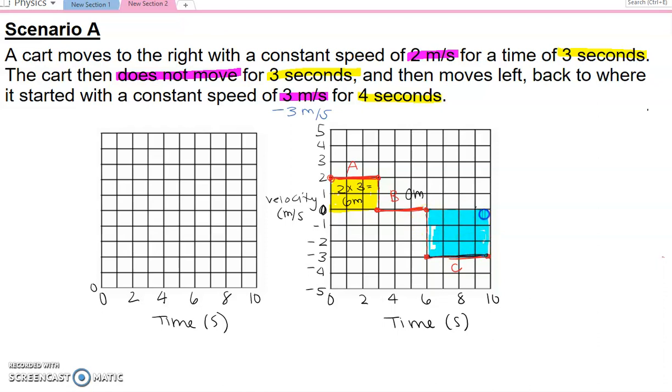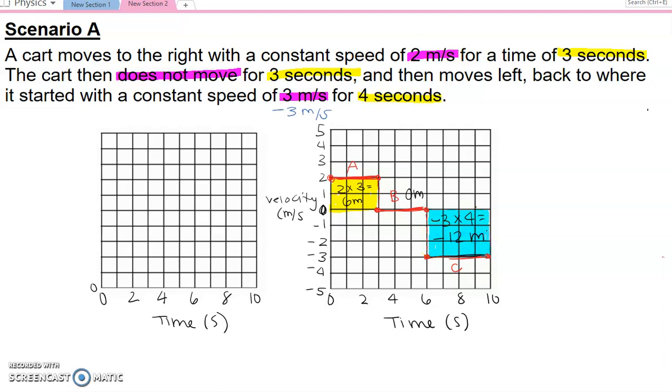This is the area I am calculating in order to know how far it is that I travel. So in this situation, I have a height of negative 3 times my width of 4, giving me negative 12